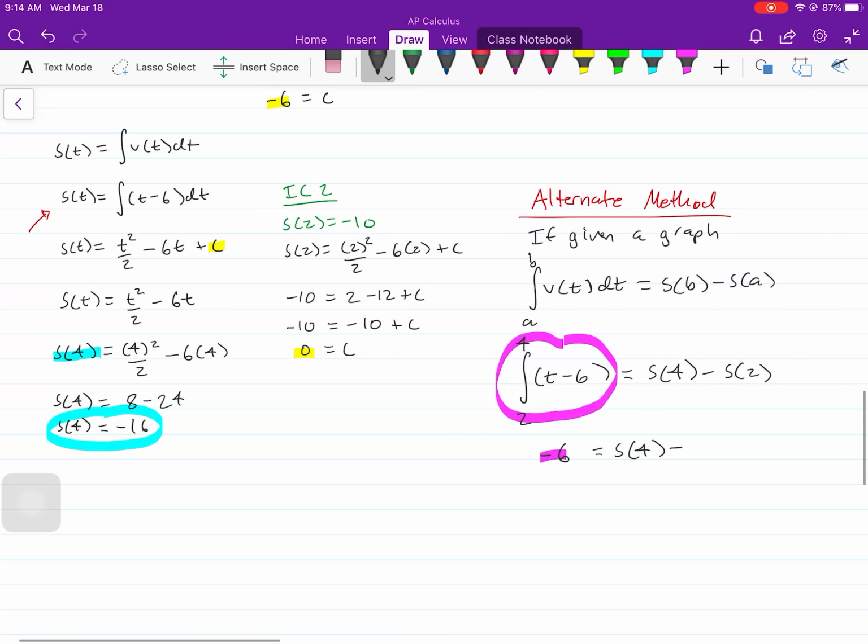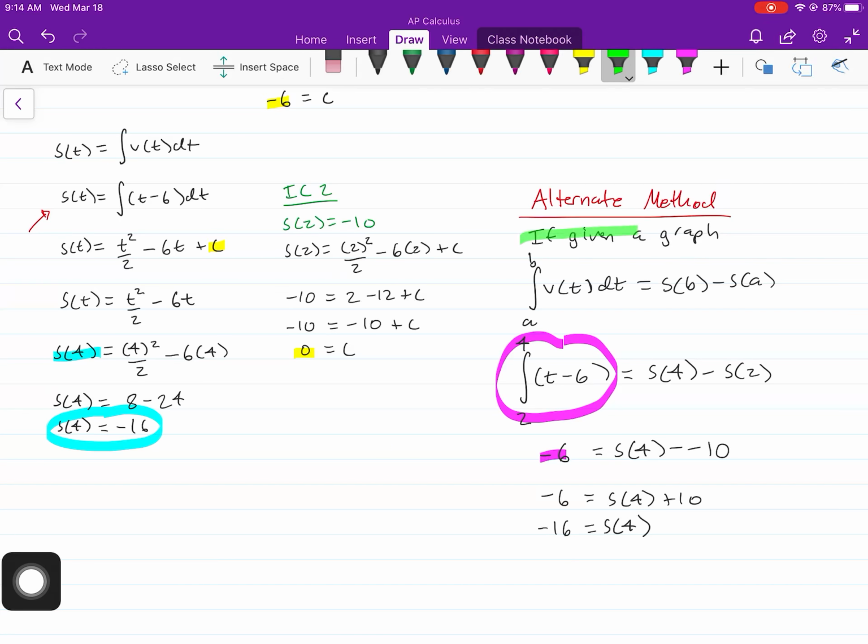And then s of 4 is what we're trying to find, and s of 2 we're given as negative 10. So negative 6 equals s of 4 plus 10. Subtract the 10 and you get that s of 4 is negative 16. So notice you still get the same answer using this method. It's the same answer, just this one works better if you were to be given a graph. So if you're given a graph, then you would have to do that method, because in order to evaluate this integral, you'd be doing it by using the area under